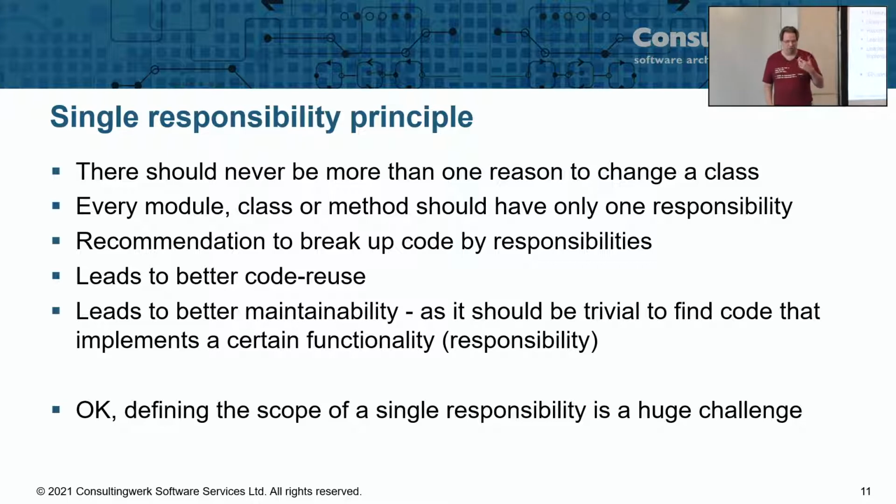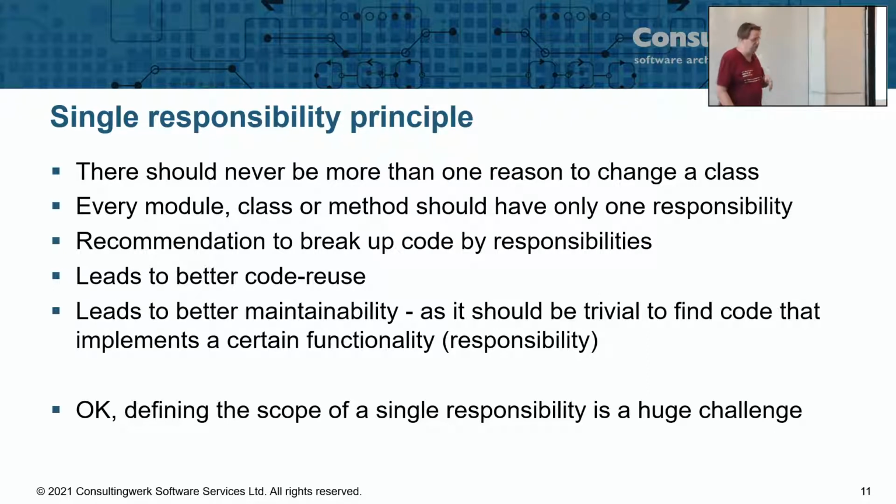In your code, you should have a much clearer idea about where a certain function is implemented, and it should be implemented only once and not three times all over again. I've had very often the situation in projects where we want to modernize something, and we were looking for how a certain feature is implemented in the existing, legacy application. And then the response was, yeah, a bit is here, a bit is there, and there,